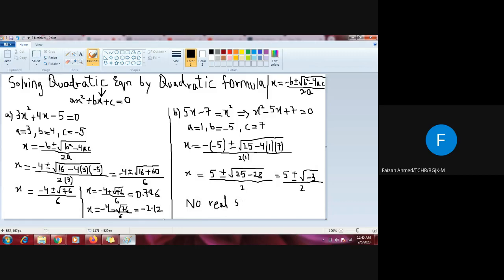So at this point you will have to write no real solution, because we cannot find the real solution. It has an imaginary solution, but since you guys don't know about imaginary numbers, we are not going into that. You just have to write no solution, and this is your answer. So this formula applies everywhere, but it is not guaranteed that you will get an answer every time. Sometimes you will get an answer and sometimes you will not. If you are not getting an answer, it means this quadratic equation has no real solutions, but it has imaginary solutions which we cannot write over here. So we will only write no real solution. So I hope you have got my point.